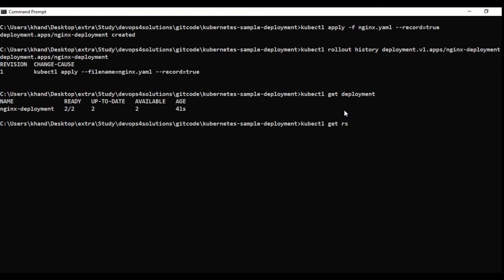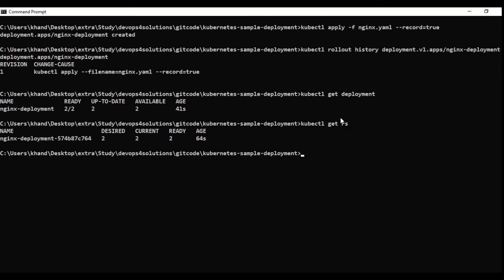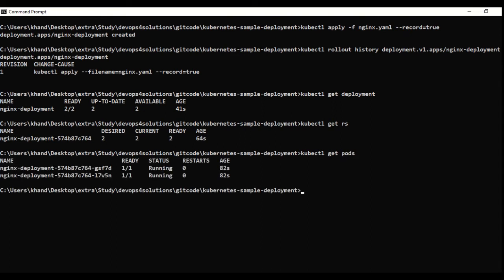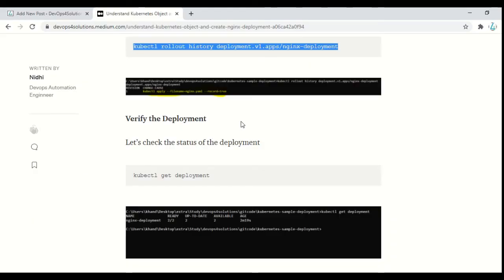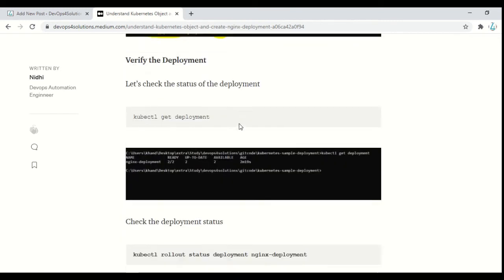It has created one replica set, which is also abbreviated as RS. The replica set maintains that you need two pods. And it has created the pods also. If you run kubectl get pods, you will see that my two pods are running. So with one YAML file and one deployment object, it has created the other two components also.